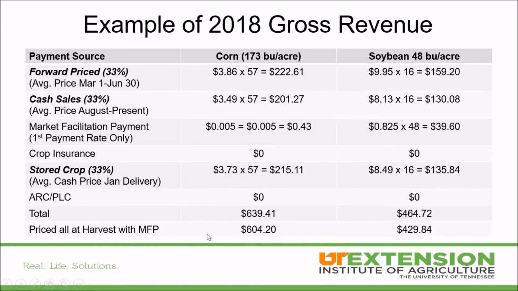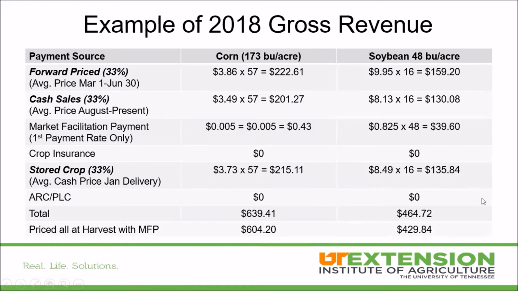If you priced it all just at harvest, $604. As I mentioned, that's going to vary year to year. But again, what are we trying to do? A lot of times with marketing, we're trying to end up managing our risk. And when you put all your eggs in one basket, you have much higher risk, both to the upside and to the downside. What this does is show that smoothing effect where, instead of one price at harvest, you're getting a forward price and a stored crop price, which allows a spreading out of the risk over 3 different pricing intervals that you would have available. Now, one thing I didn't throw in here, I didn't put any storage costs in there,